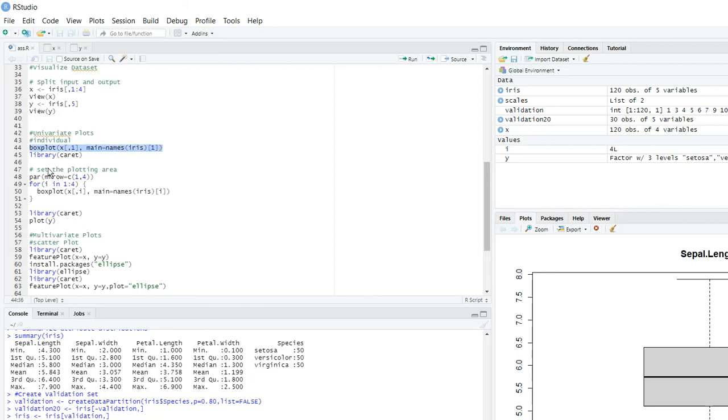So boxplot, now instead of x[,1], we write x[,i]. Because it's a loop, one attribute is taken at a time, and main is equal to names iris[i]. Whichever attribute is selected will be displayed. So let us execute this.